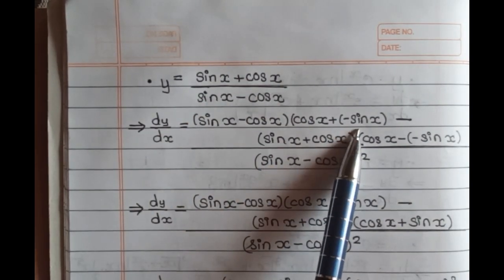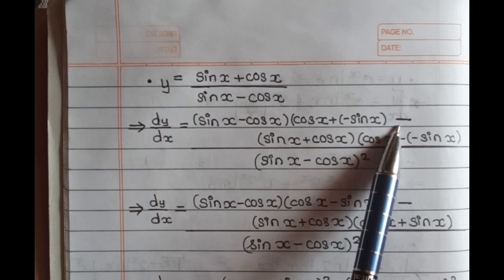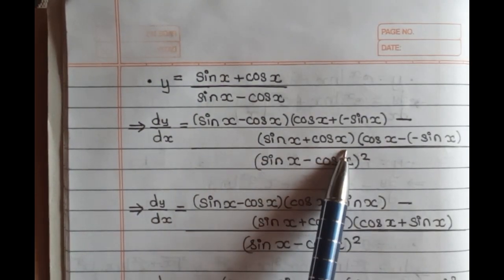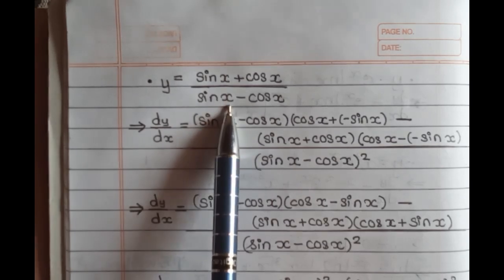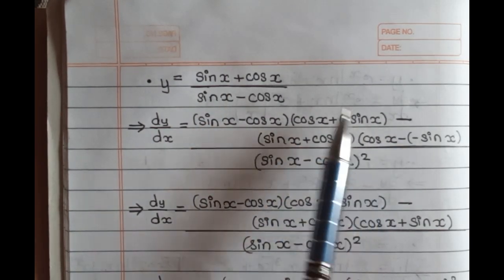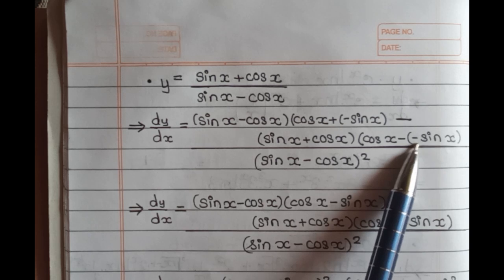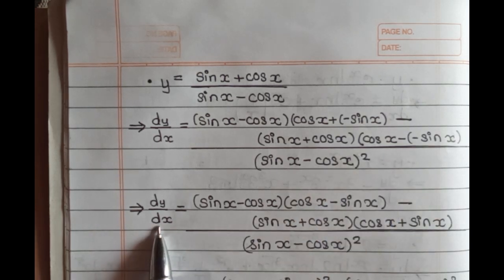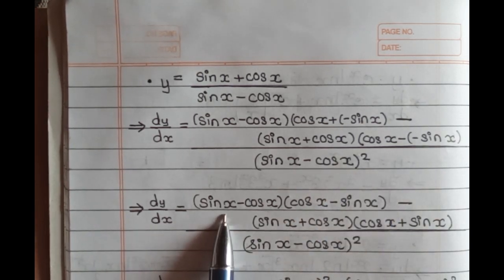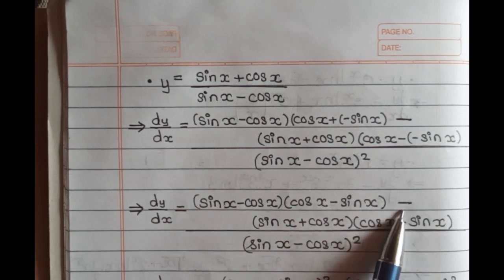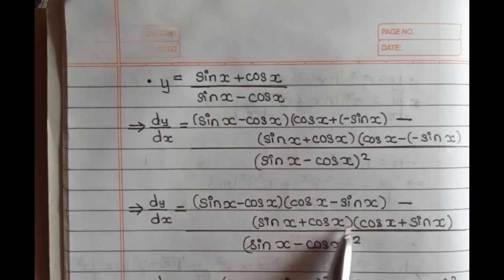minus sin x, apply a negative sign and then keep the numerator constant, sin x plus cos x, and differentiate the denominator, that is cos x minus, differentiation of cos x, minus sin x. On solving this further, we get dy by dx is equal to (sin x minus cos x)(cos x minus sin x) minus (sin x plus cos x)(cos x plus sin x) whole upon (sin x minus cos x) the